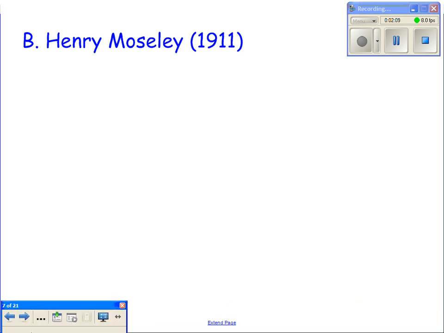Henry Moseley is the man who's credited with giving us the modern periodic table that we have now. It's in order by atomic number, not mass. At this point in time, they now knew about protons and electrons. And so when he put them in order by protons, he saw that those little differences that Dmitry Mendeleev had, with the masses not being in the correct order, all of a sudden fell into place. So then they wrote down what was called the periodic law.